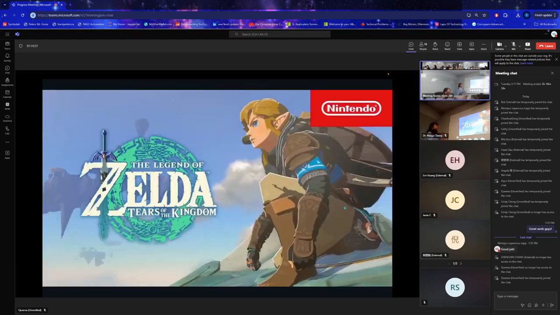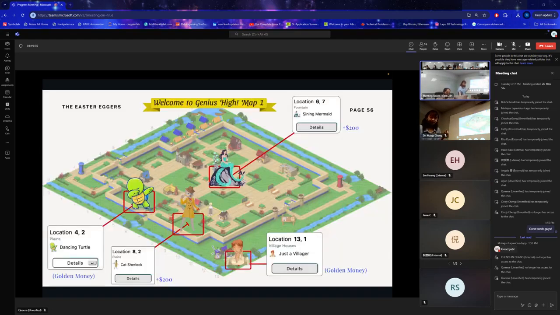Okay, so for the Easter eggs, my whole map is actually inspired by this game, with exploration, adventure, multiple choice, and Easter eggs in the game. My game has some surprise NPCs in here. Also, if my player explores my map carefully enough, they may trigger some surprise NPCs like the dancing turtle here